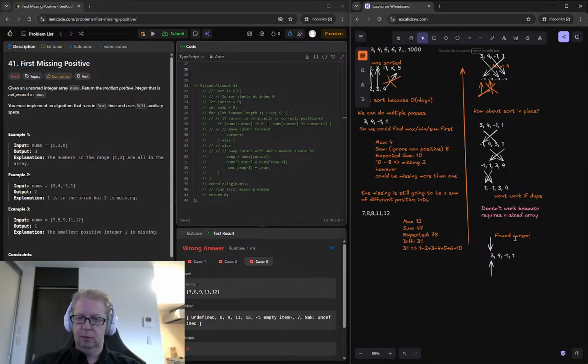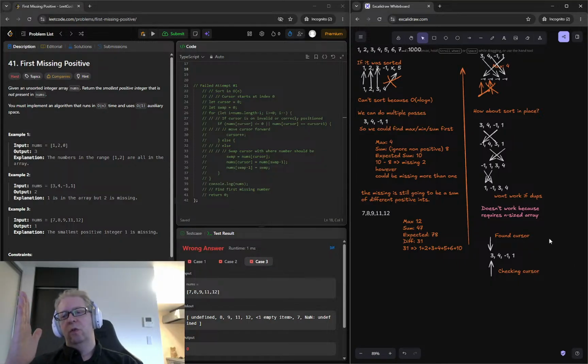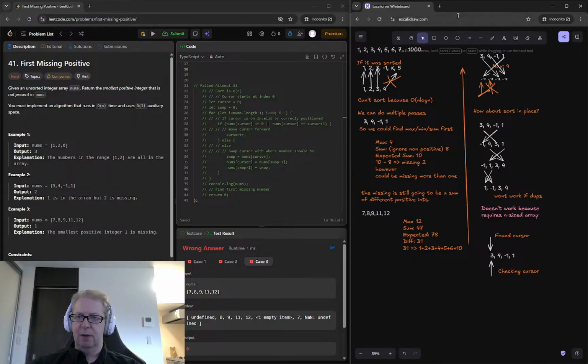Found cursor and checking cursor. When we go to check something, we can only swap it if it's behind us, because trying to swap it forward might result in us going off the end of the array. If we hit the end of the array, then what we found so far is the smallest number. And I think we can just ignore values that are negative. So for this, what that would look like is we'd go 3, 4, 3, 4, 1,